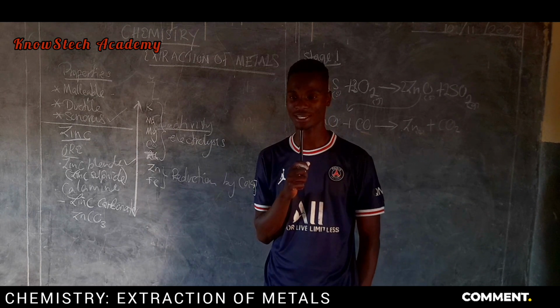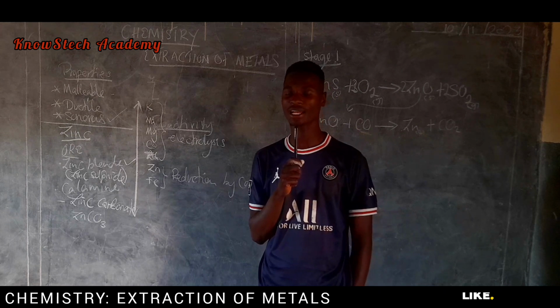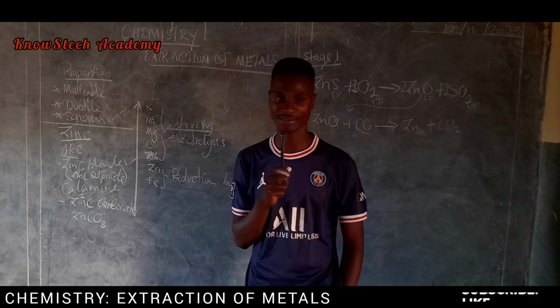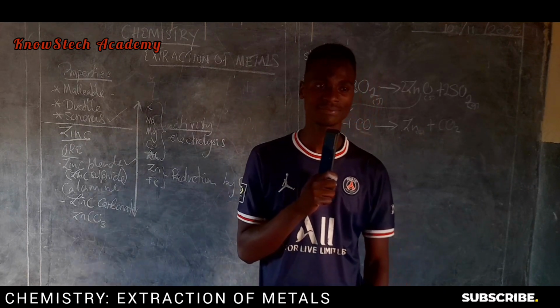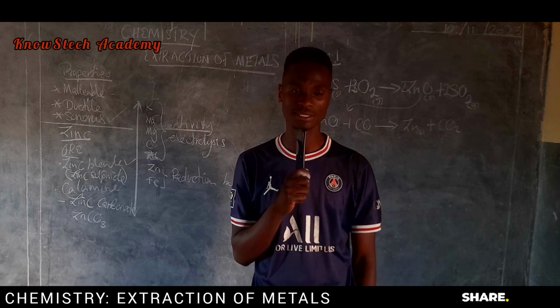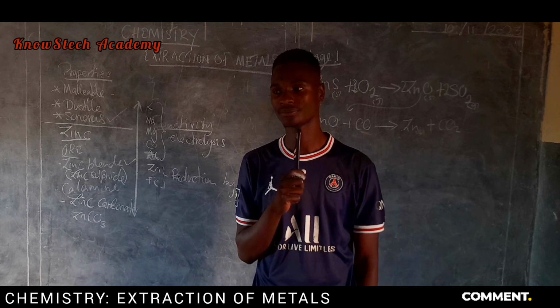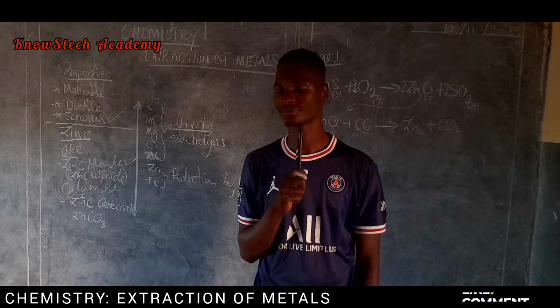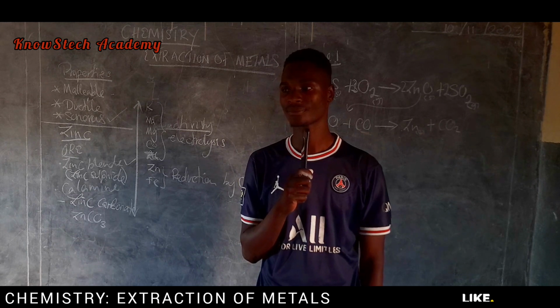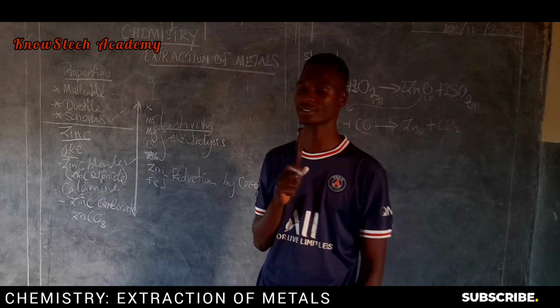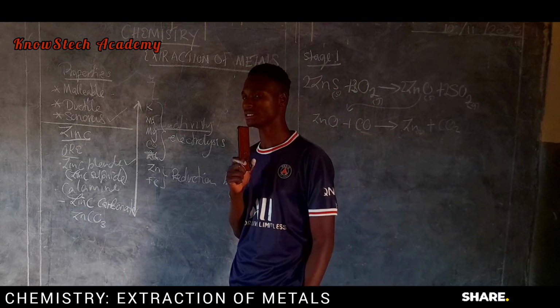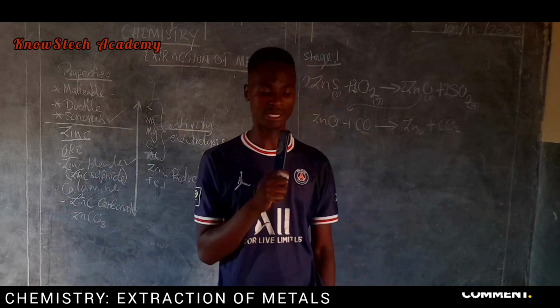What is the reducing agent in the whole process of extraction of zinc? Carbon monoxide. Okay. Give me at least 4 uses of zinc. Alloying, galvanizing. Brass is the same as alloys. Roofing sheets, dry cell batteries. Okay. Now